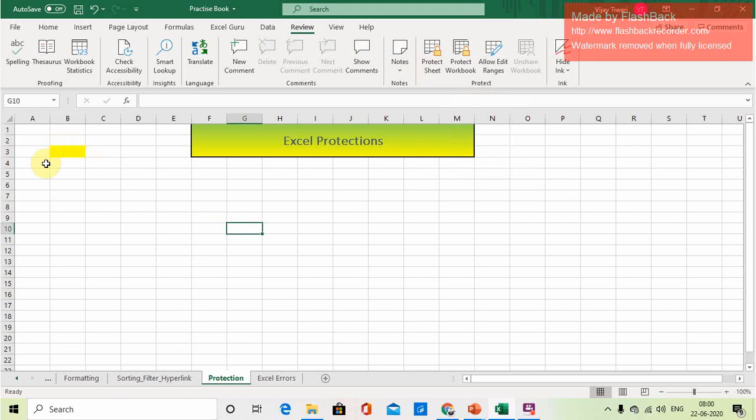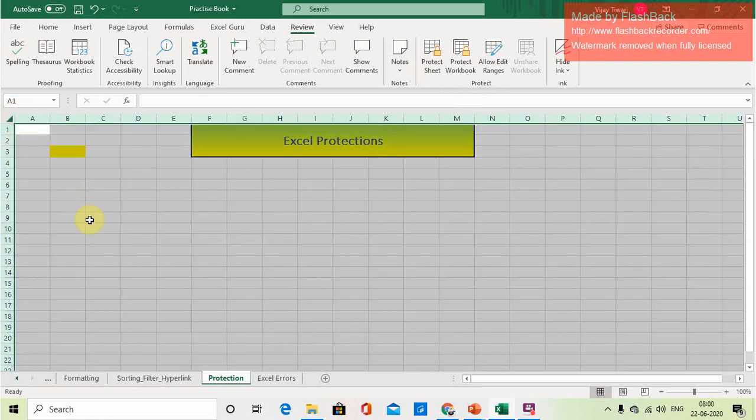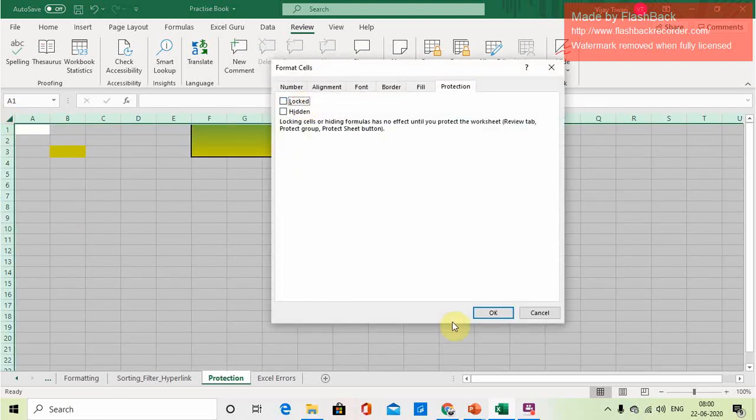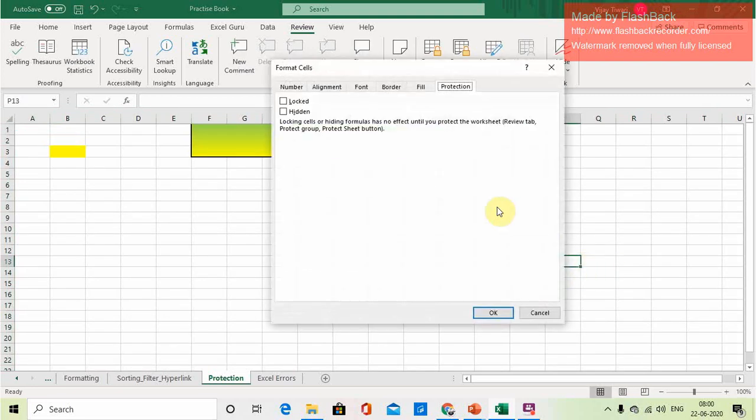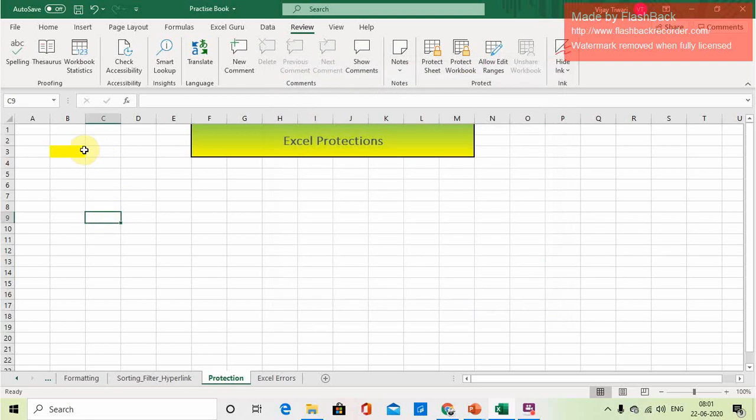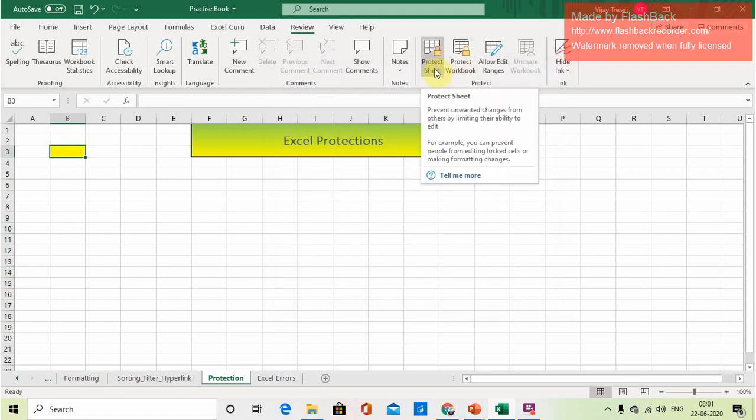Click on this, go to Format and click Unlock. Means all the cells are in unlocked status. Now lock this cell only.